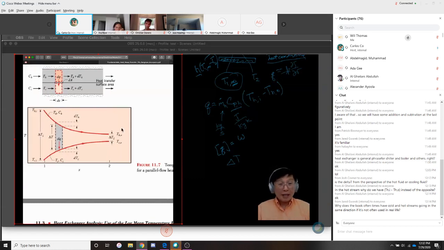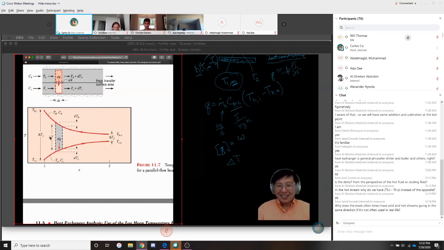That delta T is simply referring to the difference in two variables. It's TH minus TC. So if you're not happy calling that delta T, you can call that Z. I guess you might even call that X if you want to. X is equal to TH minus TC. So fine, that's X,